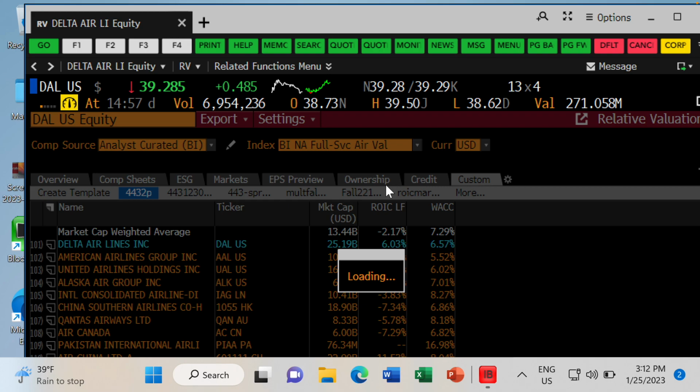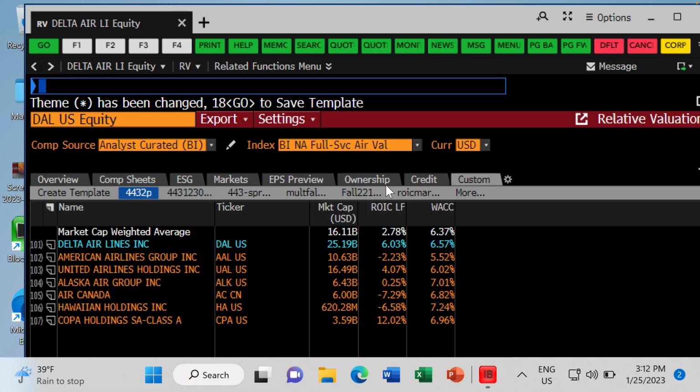But what you'll see is whether I look globally or at the US, with the exception of this company called Copa, which I think is a Latin American airline. I'm not familiar with them. With the exception of Copa, no one's really doing well. I don't know why Copa's doing well, maybe because they just don't care about COVID. But in any event, that's the point I want you to understand.